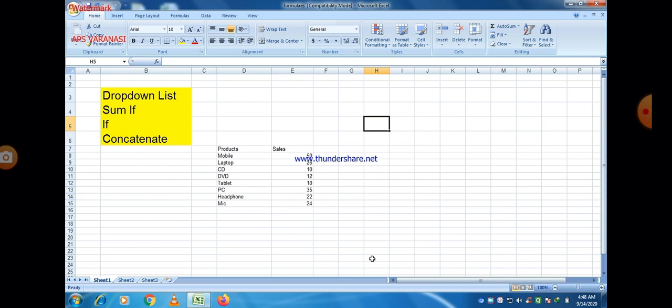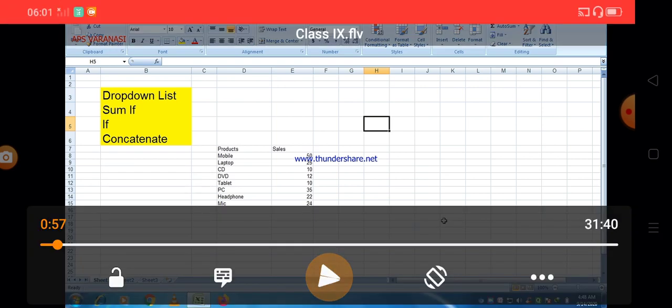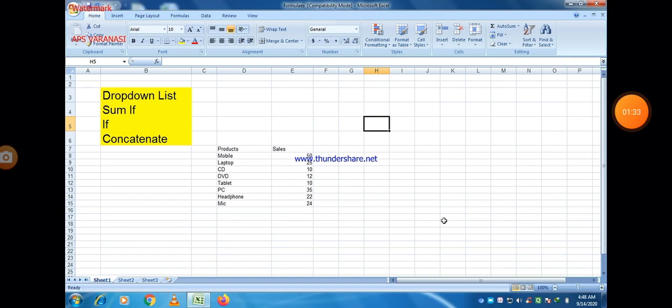Now first of all you have to select one cell for drop down list. As you can see on the screen, the table contains two columns, product and sales, and different products are there: mobile, laptop, CD, DVD, tablet, PC, headphones, mic, etc. And sales are also there regarding these products.